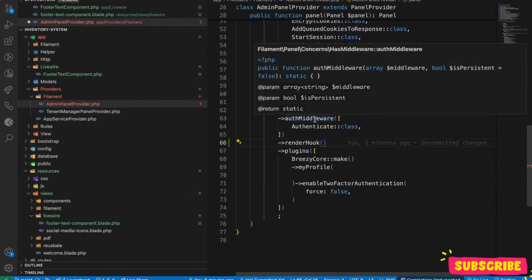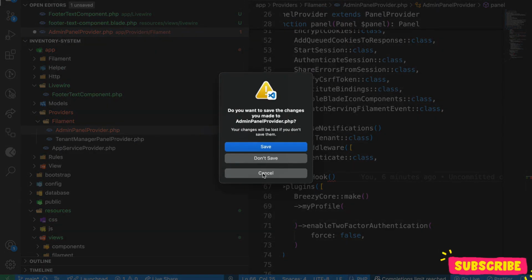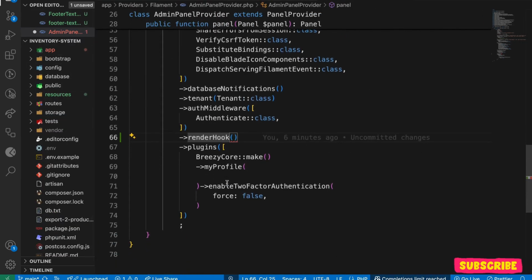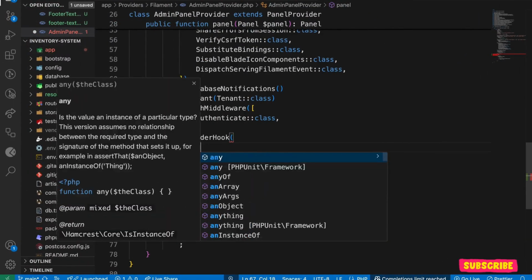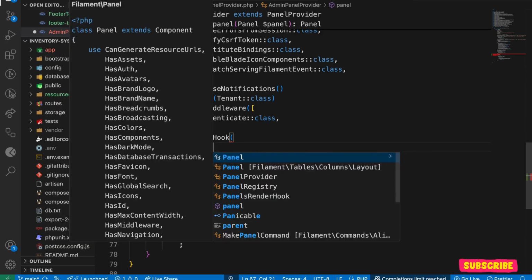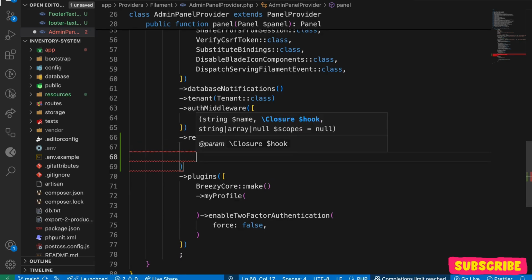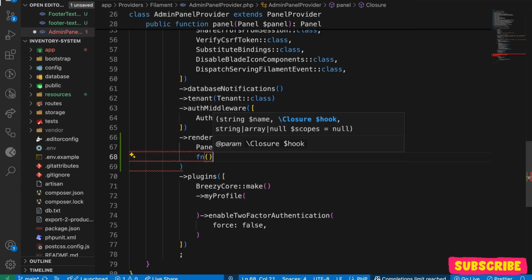So now, sorry, let me zoom in. Okay, sorry, let me minimize this. So now first of all, what I need to do is PanelsRenderHook footer. Here also you can see all the list. For now I am just using footer. And the second thing that we need is to pass the file name, right? For now we are using this component, so we'll just return this blade